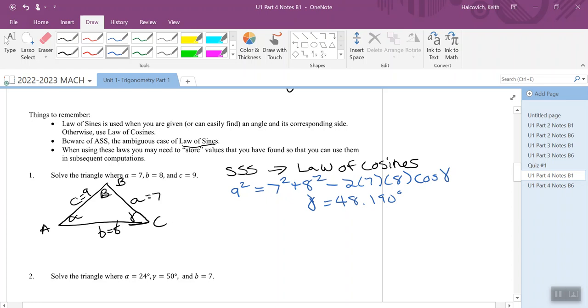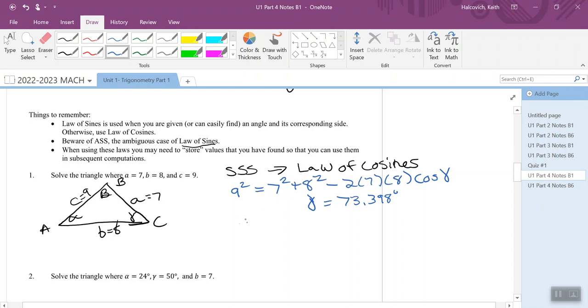Now, you can keep doing the law of cosines if you want to find the other angles. Or sorry, gamma is not 48.190. Gamma is 73.398 degrees. Now, I can use that, or I can use the law of sines to find one of the other two